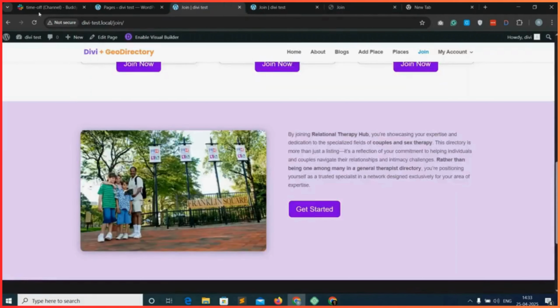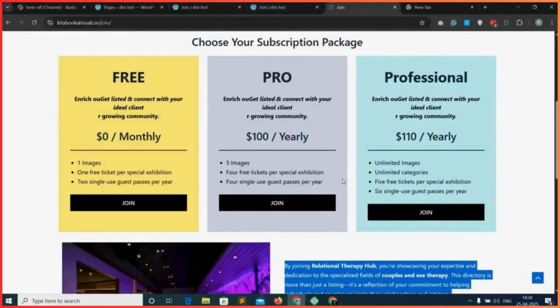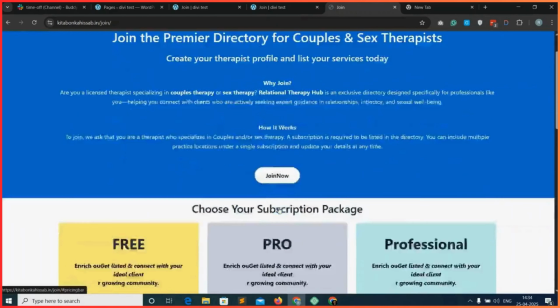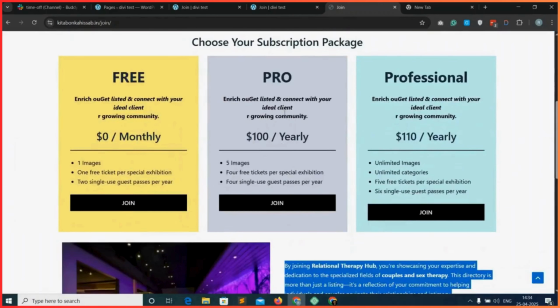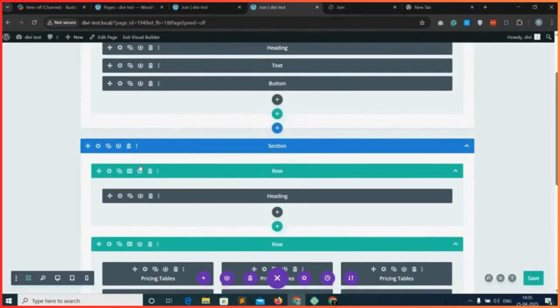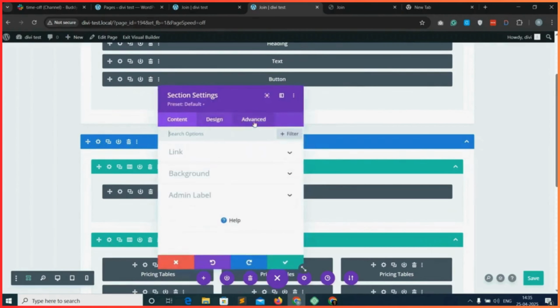Then coming on to the page, we are refreshing it. So now it looks like this. So now after clicking on this button, it is coming over onto the packages like a scroll. So we will be adding this to our site. So for this, coming to the wireframe view and coming on to this section, and then clicking on the pricing section and then adding a CSS ID and then pasting it, then copying it over here, then saving it, and